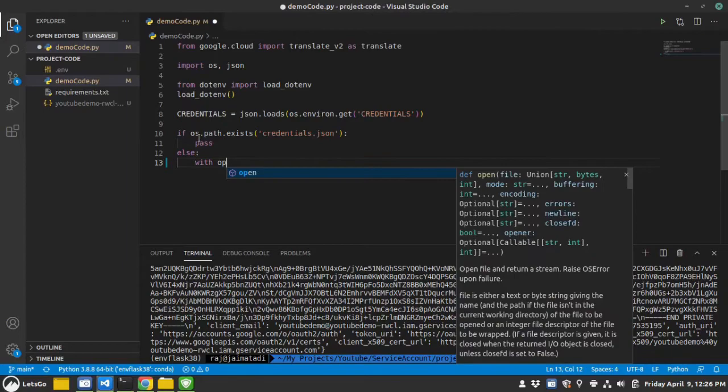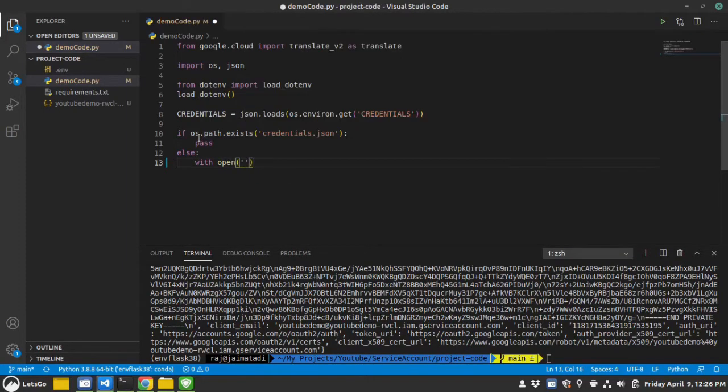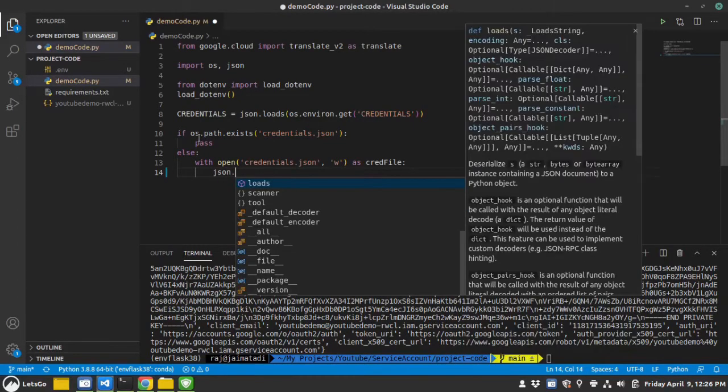with open credentials.json as writable, as, let's say, cred file, json.dump.